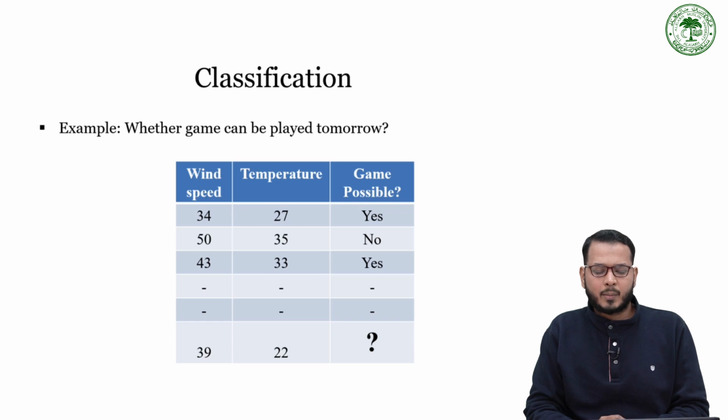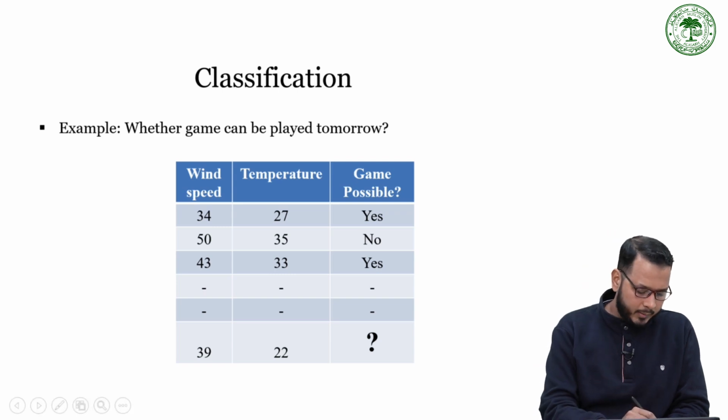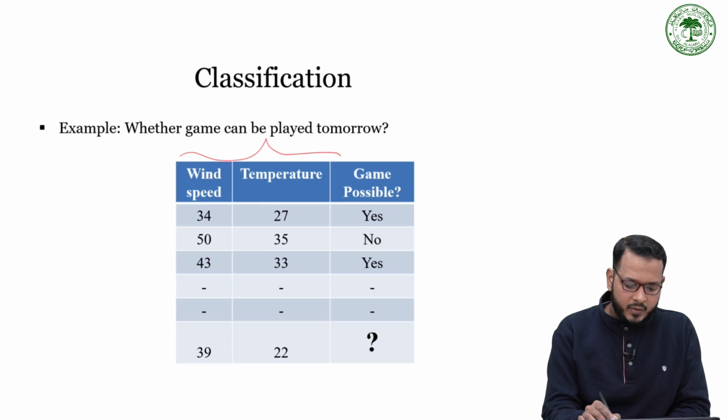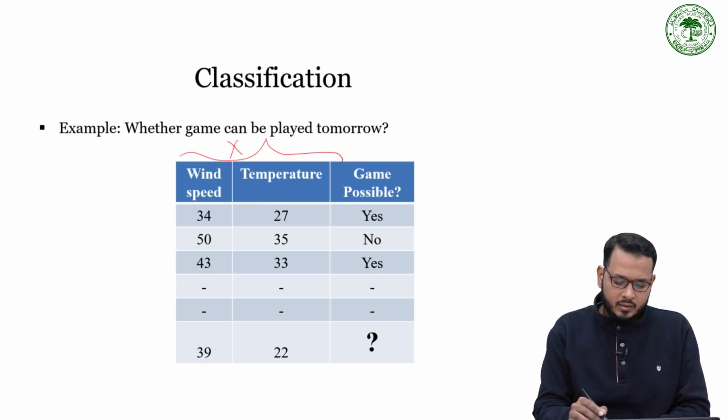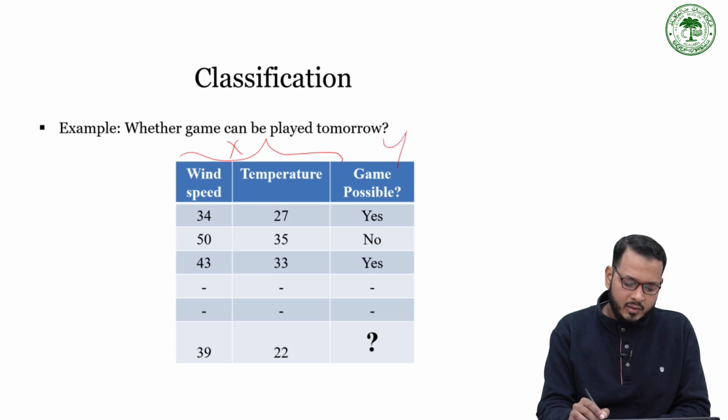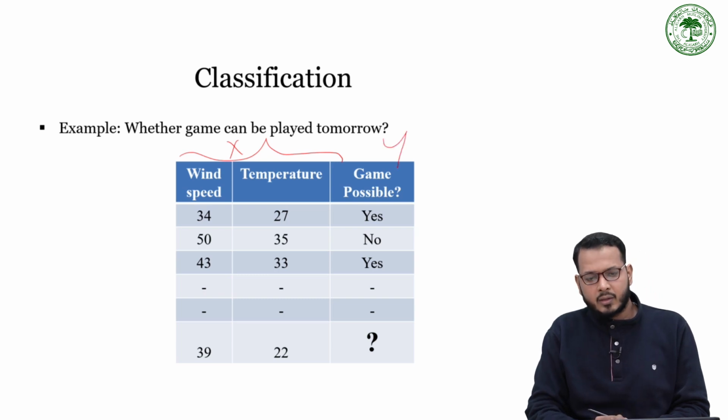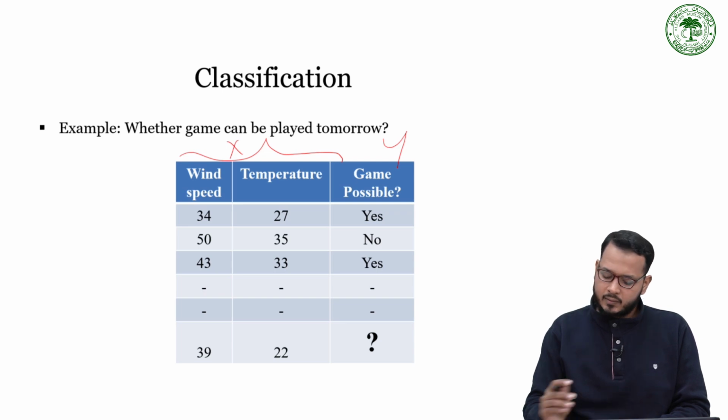Let's consider this example. Let's say the problem at hand is that given the two independent variables, wind speed and temperature, we want to predict the corresponding value of y, which is discrete in nature. That is, this y can take the value either yes or no. This is a standard classification problem. If we try to plot this graph,